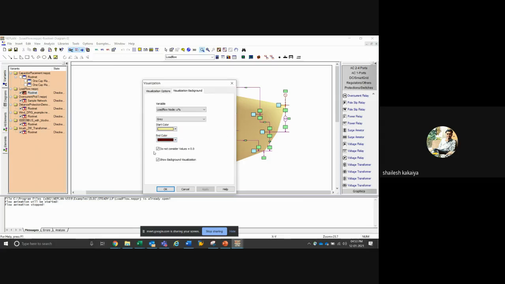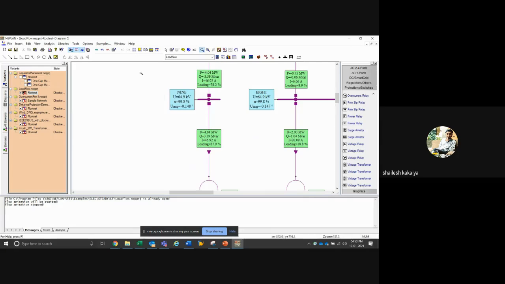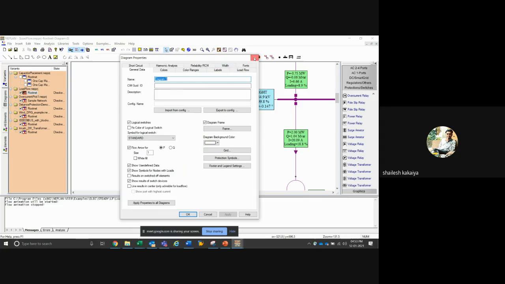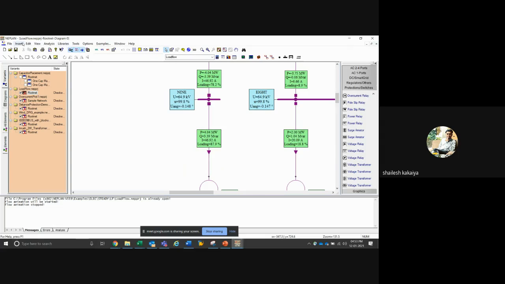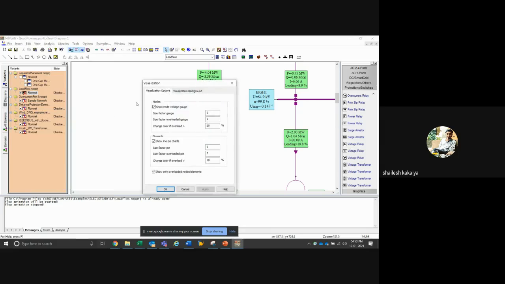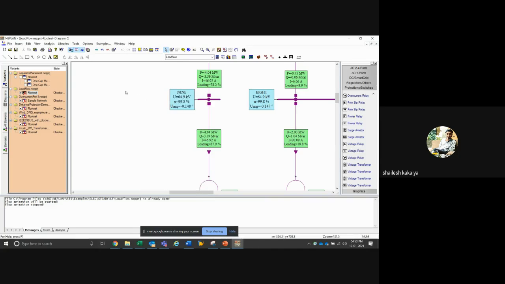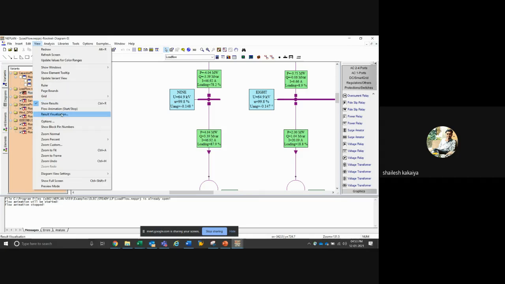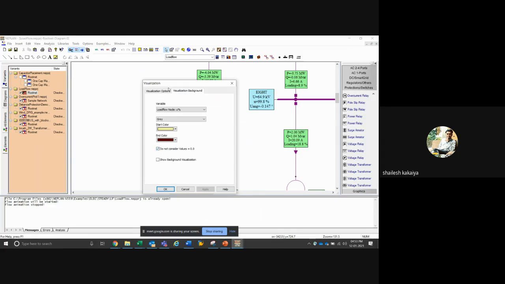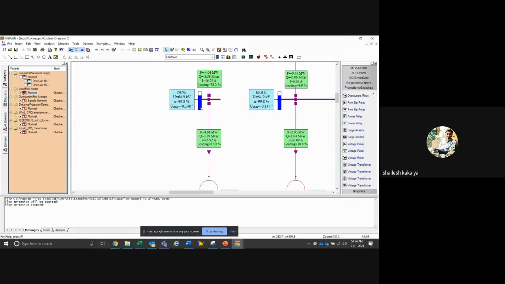And also, if I am not looking at the background, but I want to see the element loadings within the network, this is not activated. I've activated it. Show result visualization. Wait, I have to remove this. So here it is giving a